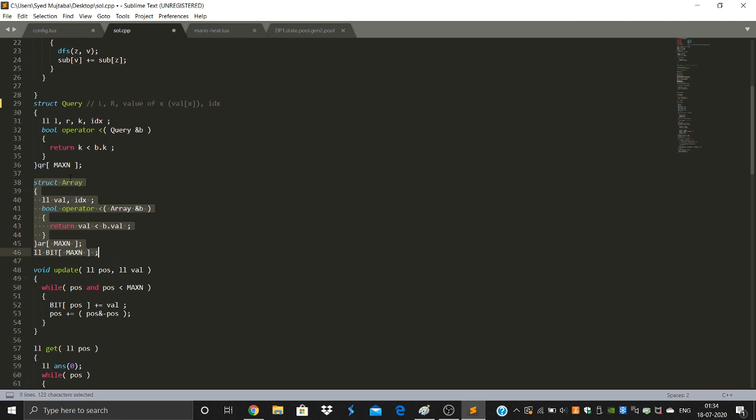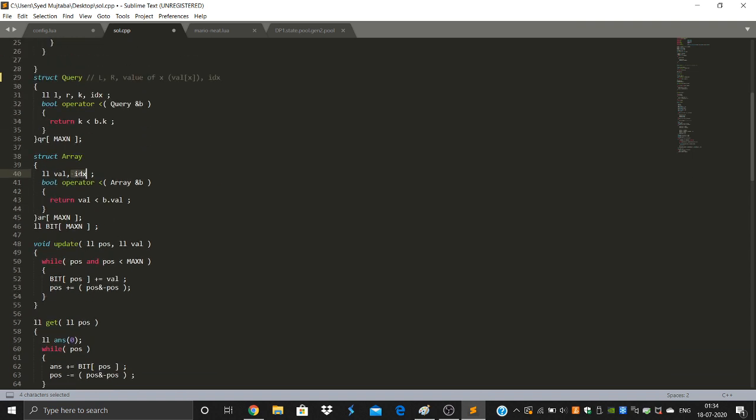Basically, we will process the queries, and before each query, we will update all those values which are less than the value at X, and those updates will be done at this IDX. So we use this array for updates, and we use this for querying. This is a struct for updates, basically, in short.